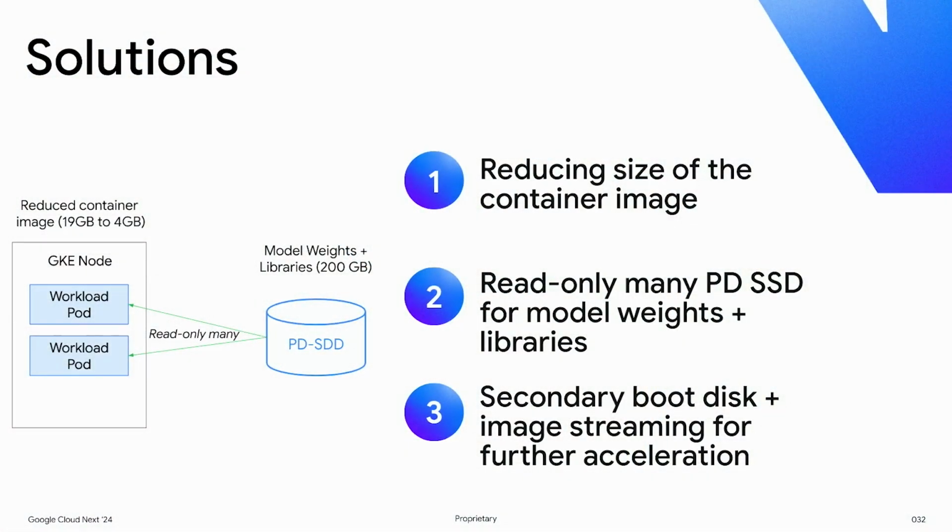So finally, in terms of step 3, we enabled some of these new features that Akshay has mentioned, including secondary boot disk and image streaming. Image streaming has been around for a little bit, but secondary boot disk is a more managed way to do step 2. So I highly recommend that. If you're going to try this at home, I actually recommend going straight to step 3. It's a really quick time to value. These features are flag flips that you can do on your Kubernetes cluster, so really easy to test out and see if you get acceleration there.